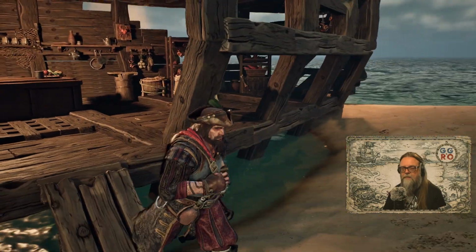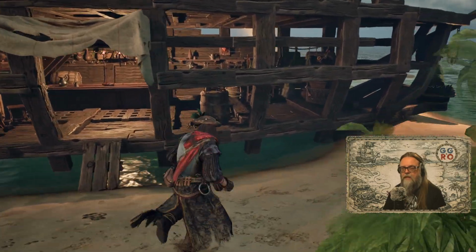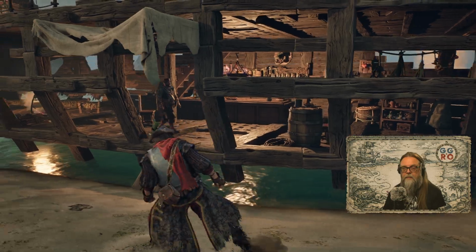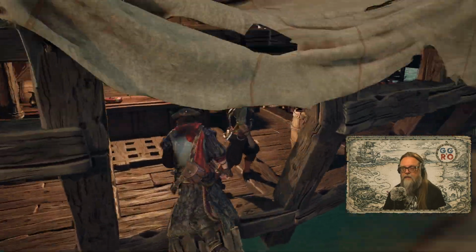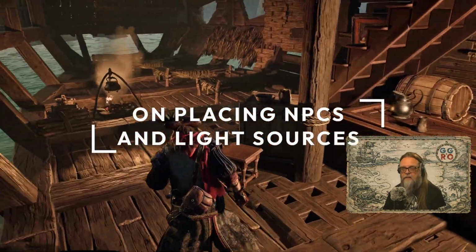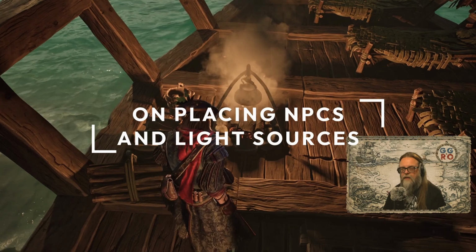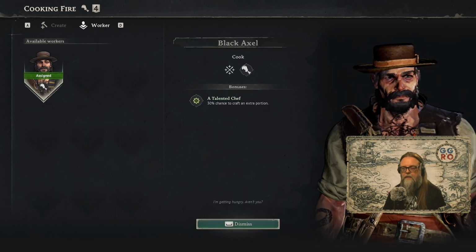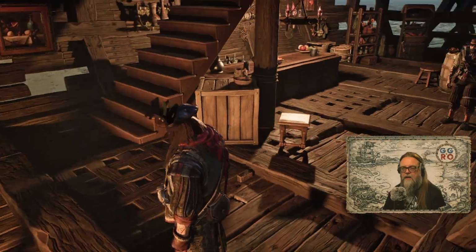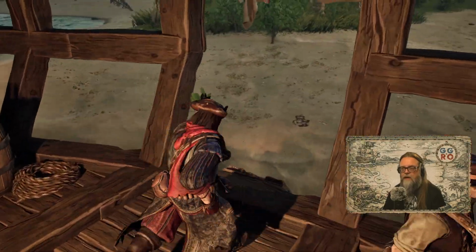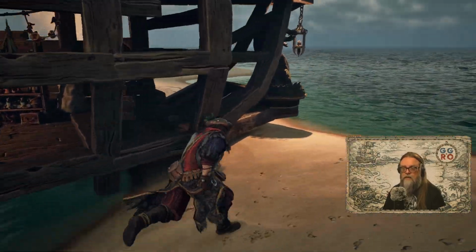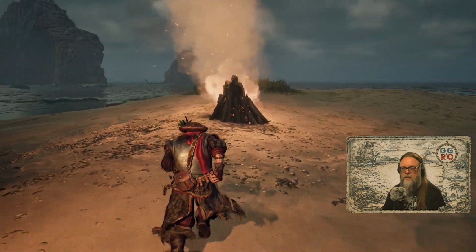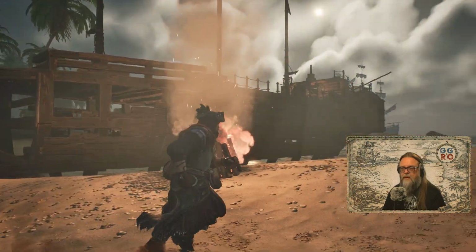Let's build this thing. First of all, though, before I forget to mention that, to have Black Axel walking around here, well, you need a cooking fire, and then you need to hire him and assign him here, of course. And in order to do that, you need a bonfire. Place the bonfire here at the